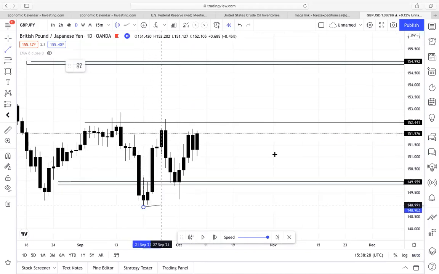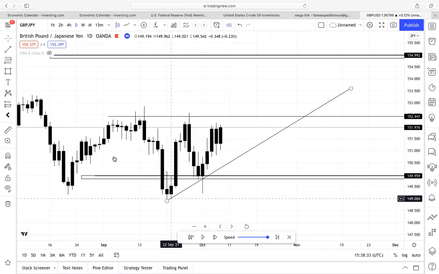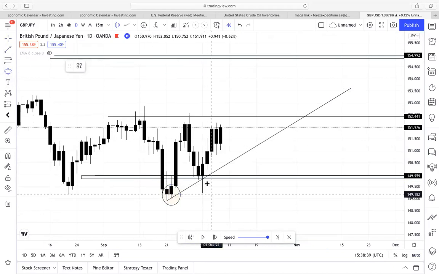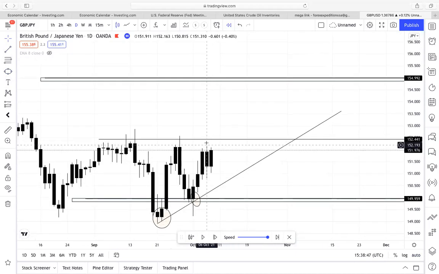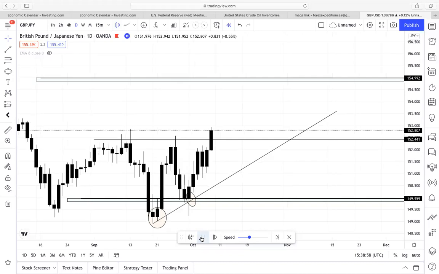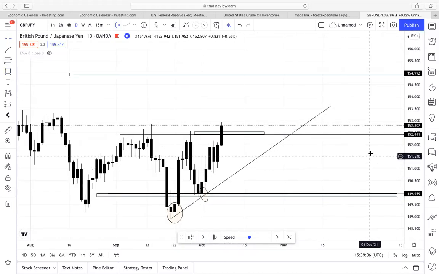So if I pull a trend line from this point, which we can see the market gave me a high that is slightly higher than the previous high. Does it make sense to you guys? So there we go. We had a bounce off that. We had a bounce here as well. See how price stopped. Now we want to see if price is going to stop by here. We can see all the candles wicked to the upside, but it didn't close. Boom. Price decided to shoot up over here, and price actually closed above the main level, which is 152.500.